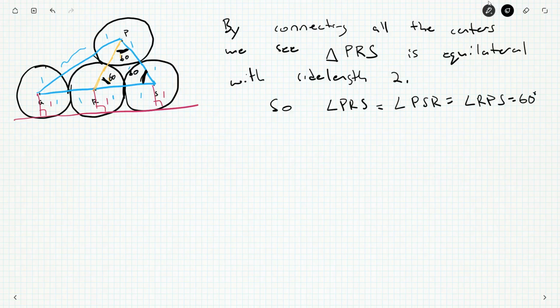So 60 degrees, but if that's 60 degrees, and as I already said, QS is a straight line going through R, which I guess we'll have to prove now, we'll get 120 here. So this is now isosceles with length 2. We can get each of these remaining angles, and we're done. So,